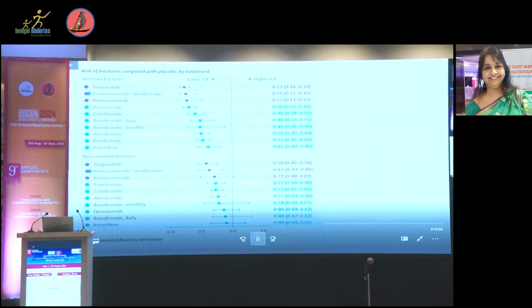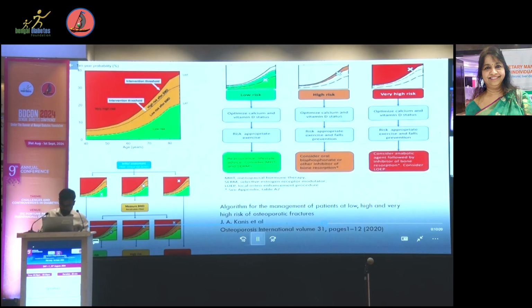Fortunately, the treatment of osteoporosis is actually easier than all that I've talked about so far, because right now, even though there is a big laundry list of medicines and all that, we have narrowed it down to just about 4 drugs, and I'll tell you how I choose which medication for whom. But before that, I want to